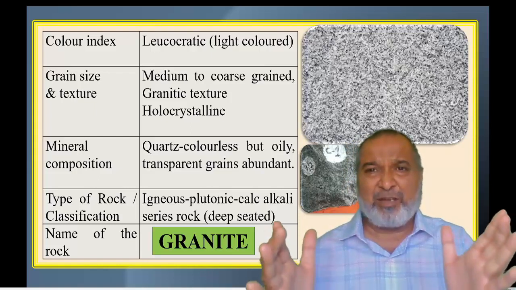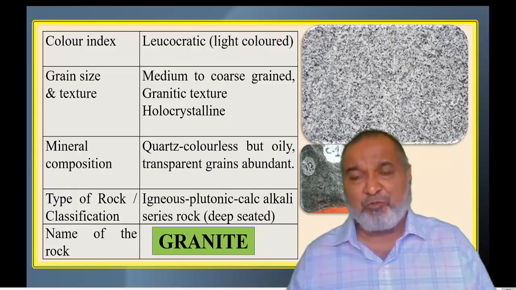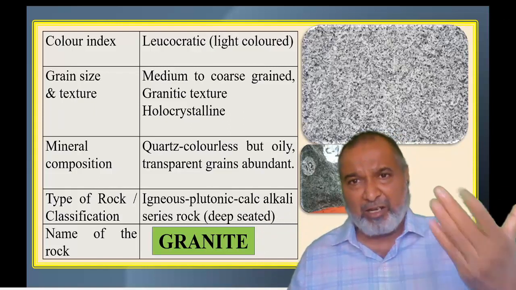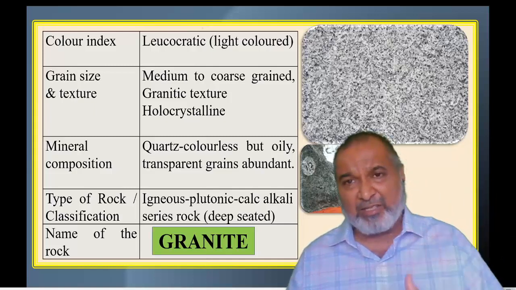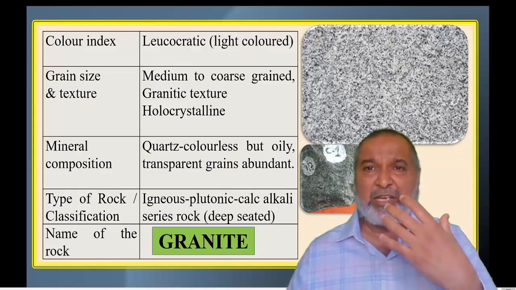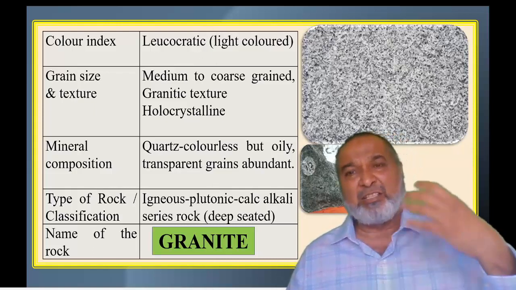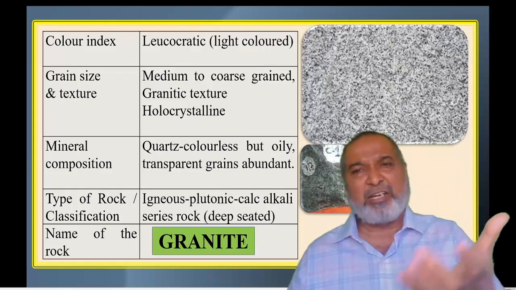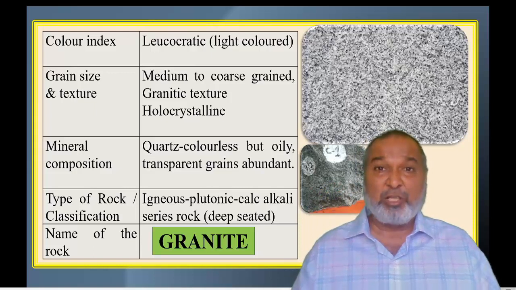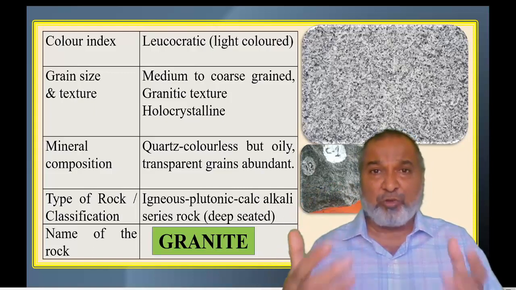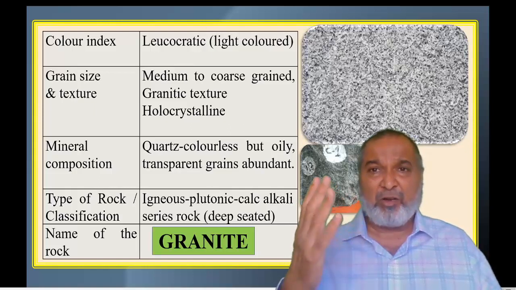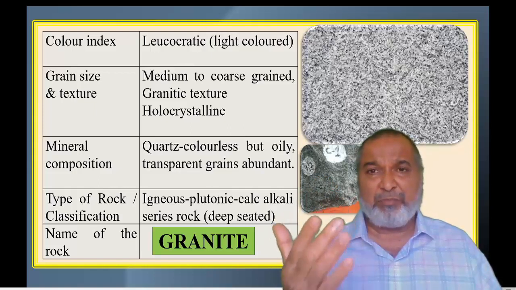So these are the three basic important types which will be required: color, then grain size, and third the depth, which we have seen. These three classifications are there basically for FY BSc students in the theory, and some additions are there, but those are not required in the practical. In the practical, you have to remember these three. These are the characters we have also seen. It is a solid one, 100% crystals, or 100% glass, or 50-50 glass.